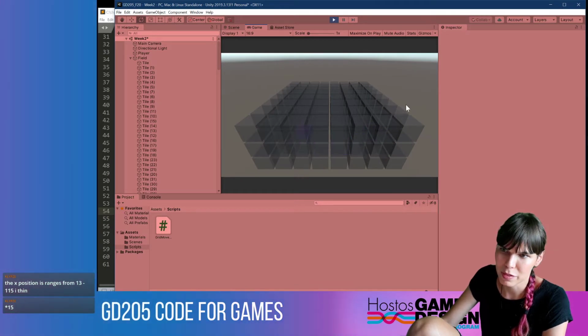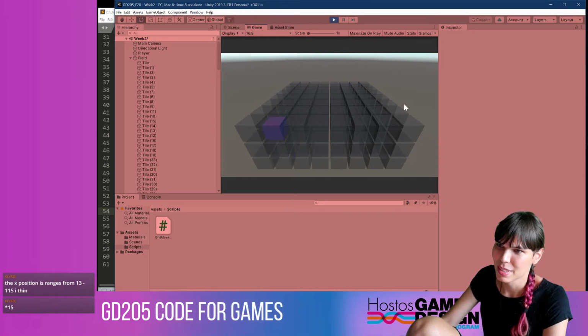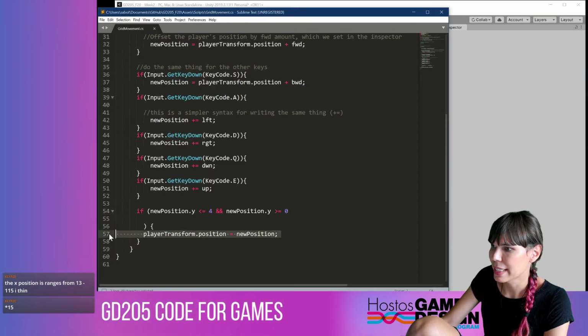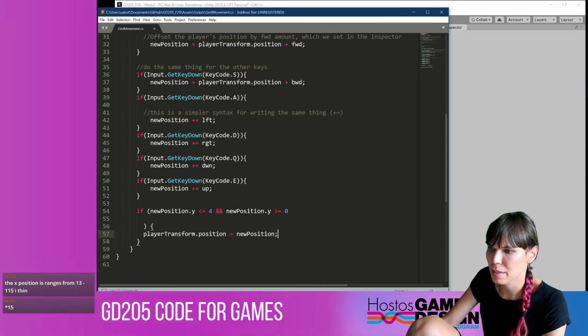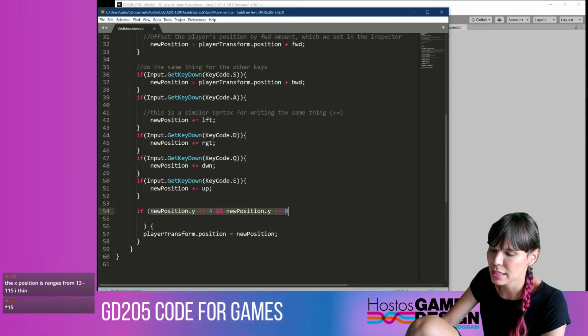So now I can move around, right? And I can move. See, sometimes the smallest little error will mess you up. So I can move up and I can move down, but I can't move outside of those boundaries. So I'm going to go ahead and add it, and thank you for your help, Clips. I'm going to add the rest of those things. So we want to make sure that it's within these boundaries,